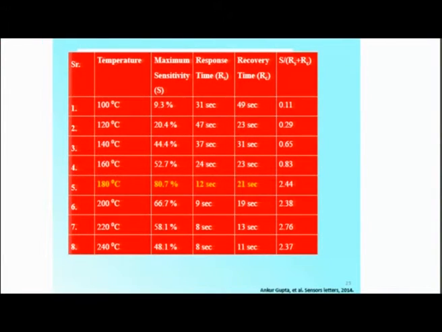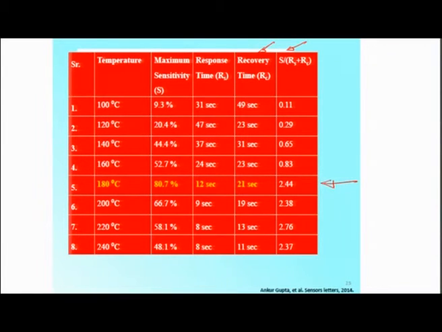These are some plots which are being plotted with the aspect of maximum sensitivity recorded, as well as the response and the recovery times. Recovery basically means the time that is needed for the baselining effect to happen, for the resistance to come back to normal resistance. And as a percentage of the sensitivity per unit, the recovery and response time, we find out that the best example can be set up through this